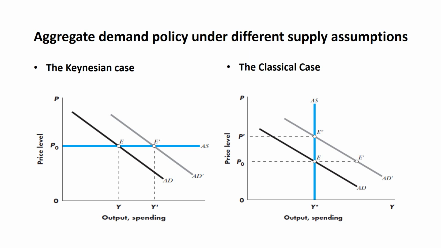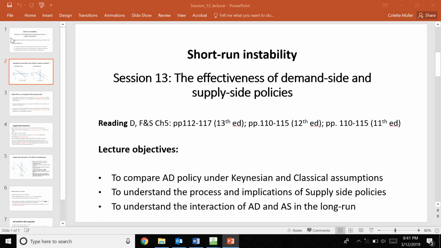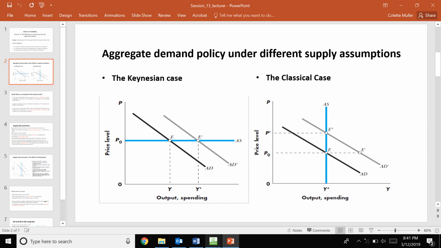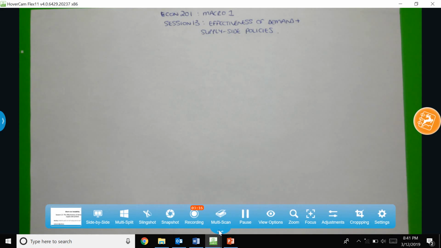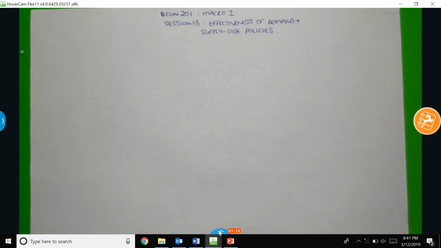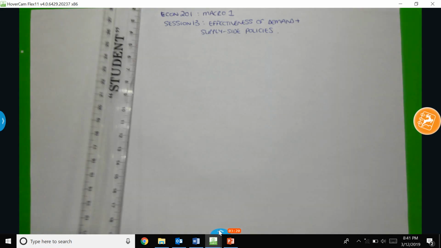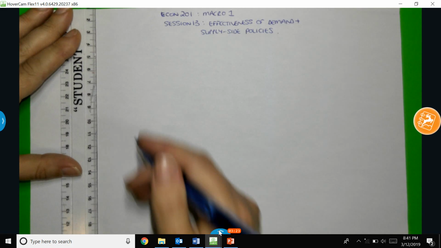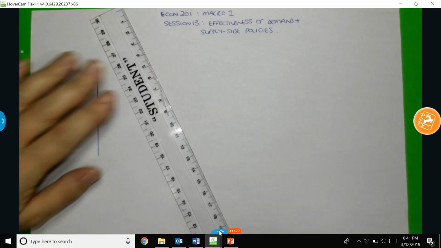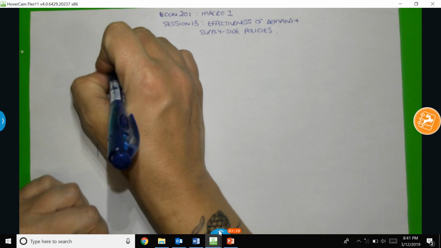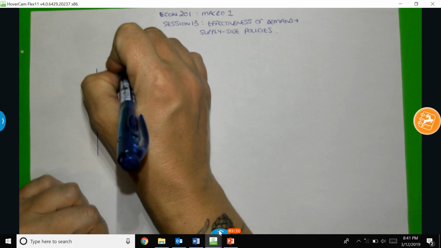So what I want to do is to just illustrate and talk through these diagrams using the document camera. I'm not going to be drawing anything different to what's already in the slides, but I think it's just useful to reinforce the concepts by going through the diagrams in more detail. So we're going to start, just as appears on the slide, with the Keynesian case,